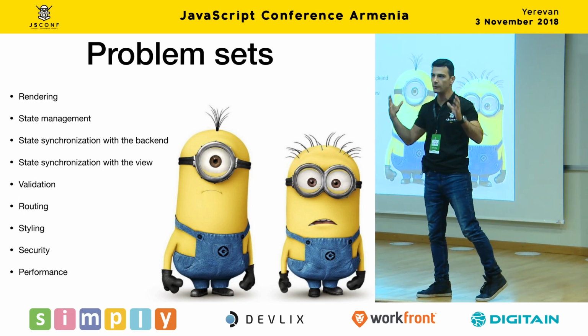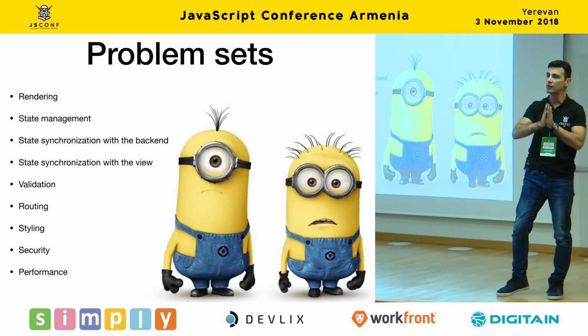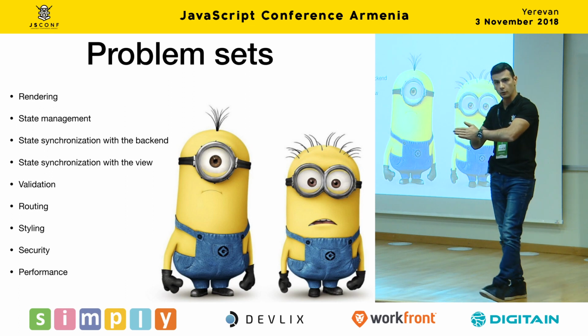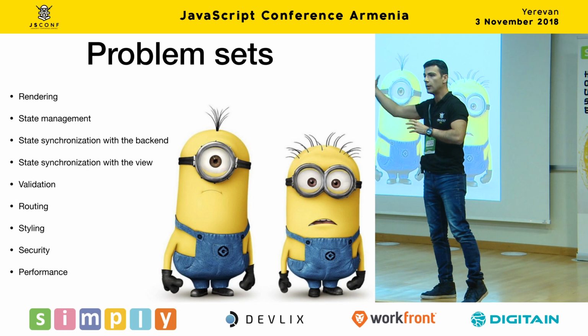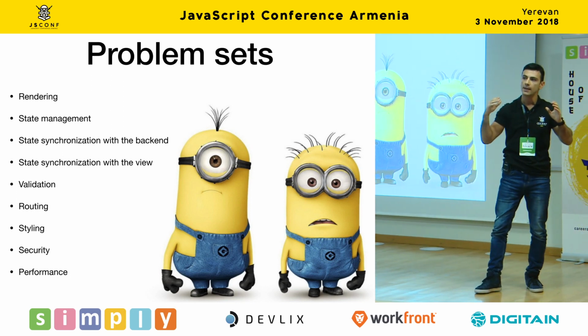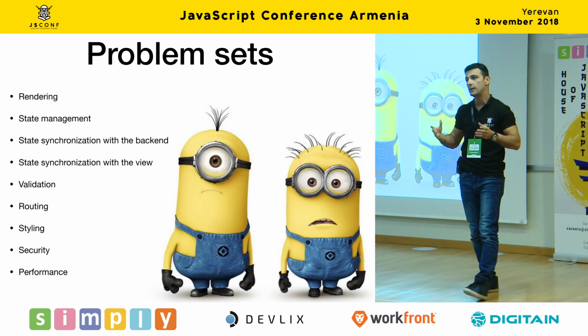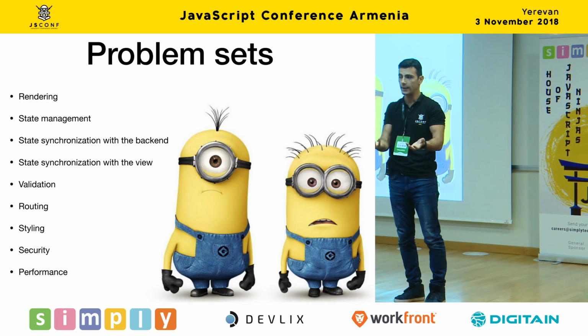There are a whole set of problems relating to state and state management. There are problems relating to synchronizing state with the view. There are questions about how do you synchronize that with the back end. There are performance questions. There are security implications. All of these things have to be considered and some of them solved in order to create a working web